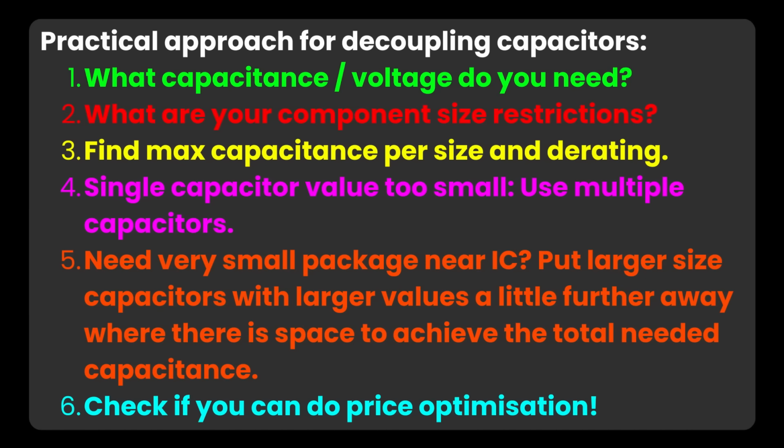Then you place higher value capacitors in bigger packages further away, preferably as close as possible, to create the total capacitance you need. Finally, you can check if there are any big price optimizations you can do. For high volume production, that can make a big difference. So now that you know how to do that, let's see what happens if you combine DC and temperature derating